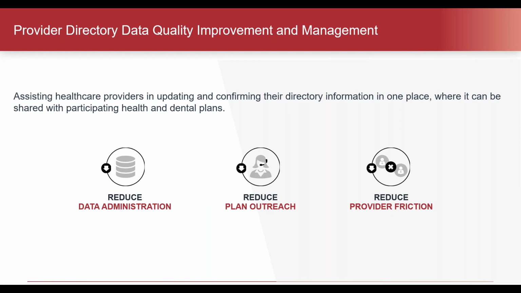The amount of outreach that's necessary, CAQH takes that on. We send quarterly updates. Also, the provider friction. In some cases, providers can have 15 to 20 different contractual agreements with health plans, and certain regulatory requirements might ask that a health plan reach out to each of those providers on a quarterly basis. So, if you're a provider and you're getting 15 emails or 15 phone calls every quarter from all of your registered health plans, that is a huge burden to place on the provider community. By reducing that provider friction, they're going to be more willing to work with the health plan community, better partners all around. So we want to make sure that everybody has as seamless a process as possible.